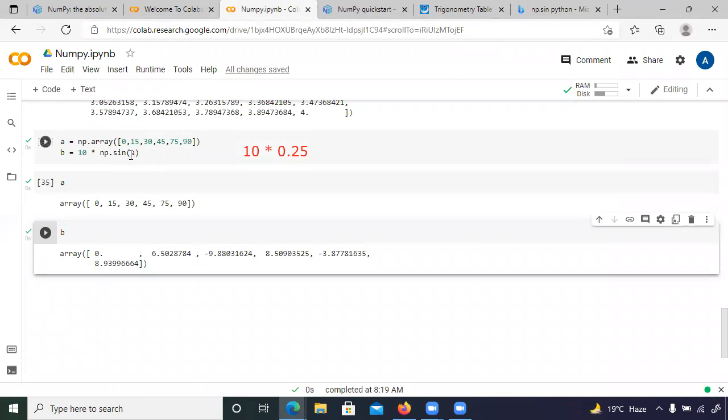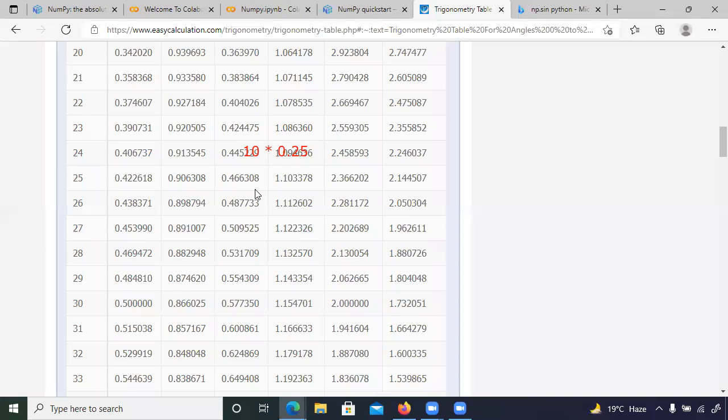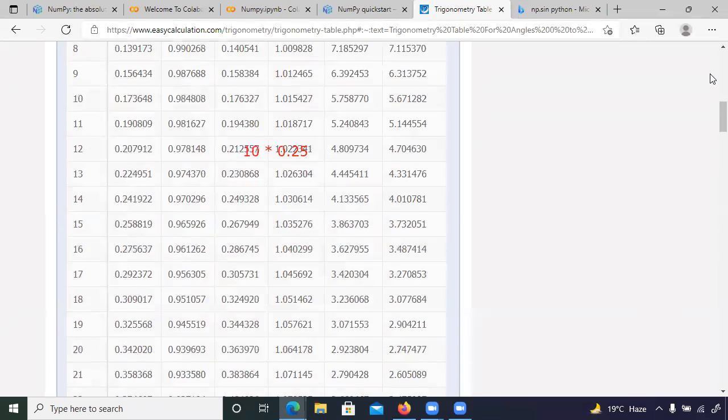b. So np.sin of a. Okay, so 10 into this, it will go over the whole 6 values. So 10 into np.sin of these. Sine 30 is this much. Why is it coming like this?